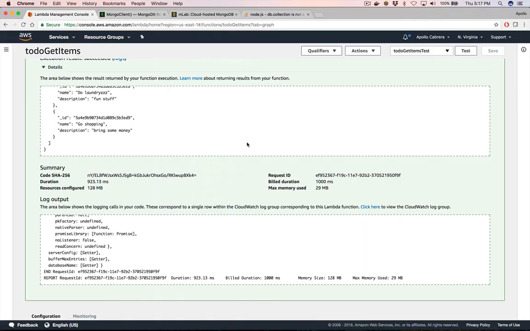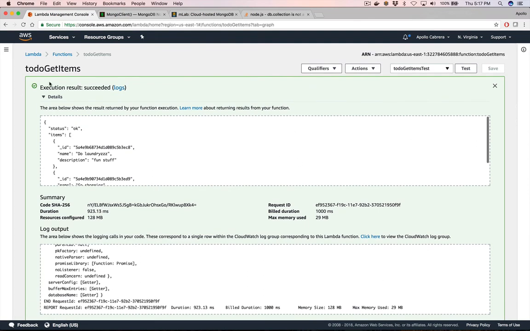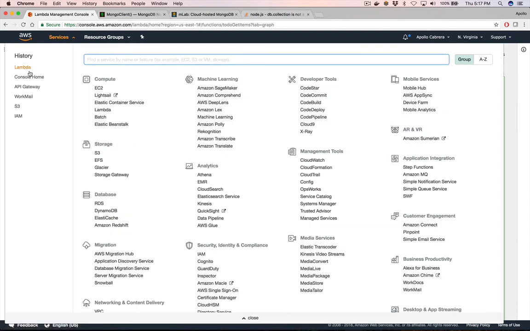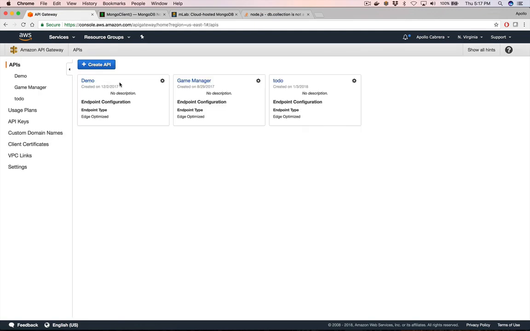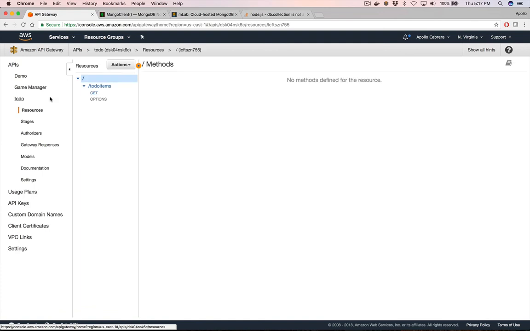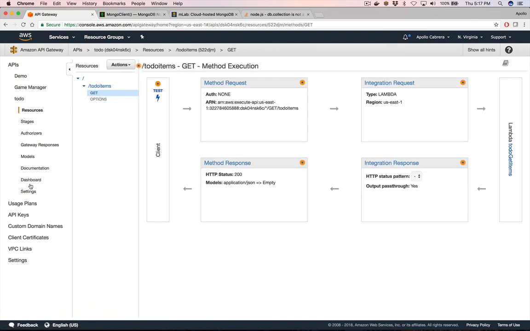Now we can do other things. It's just getting to-do items. It can also be used to create new to-do items, edit it, delete it, etc. So let's go back to our API gateway, and we'll make sure that when we call the get function, it's also returning that. So let's do to-do, and our resource, our get function, we actually need to go to,